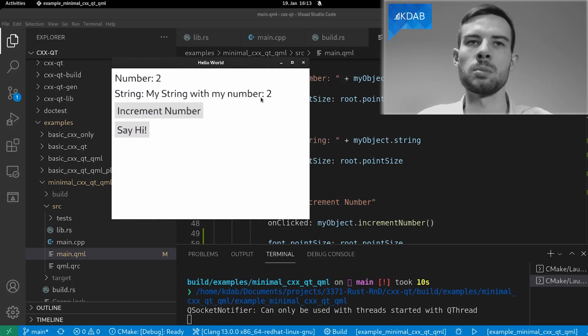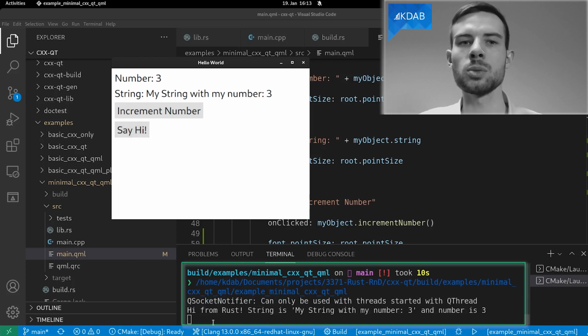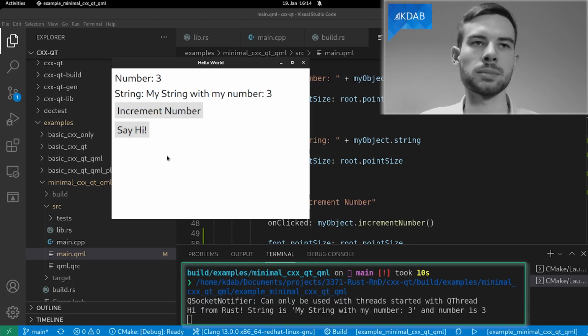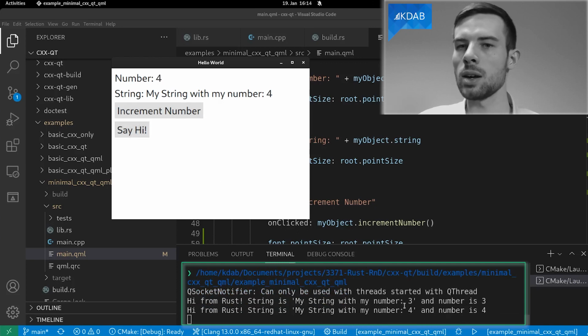And we'll see that both numbers will update accurately in the string and in the number. We can also call the sayHi method that we defined in Rust earlier. And this will then say hi from Rust. And we can, of course, increment the number again and say hi from Rust again. And we'll see that we already get the updated number in the Rust code.